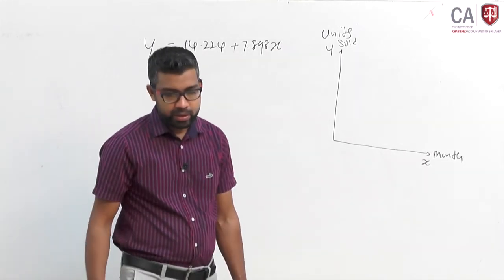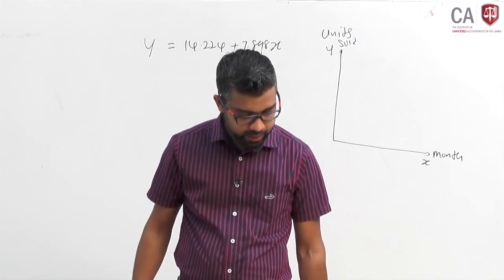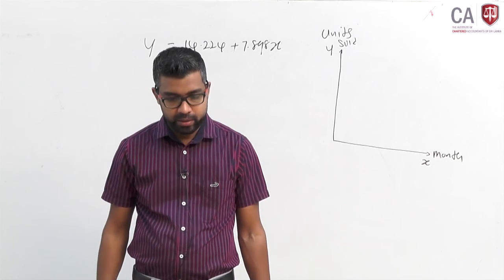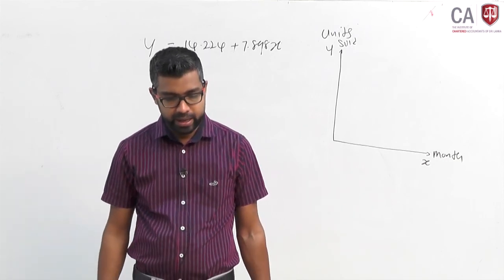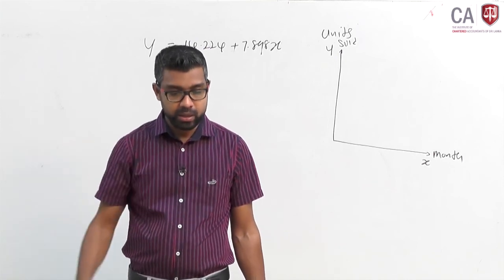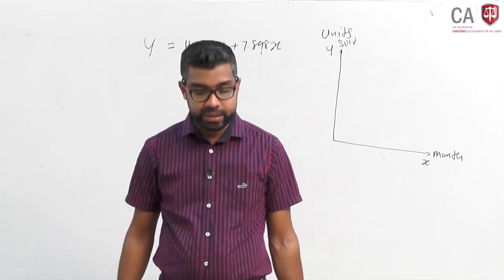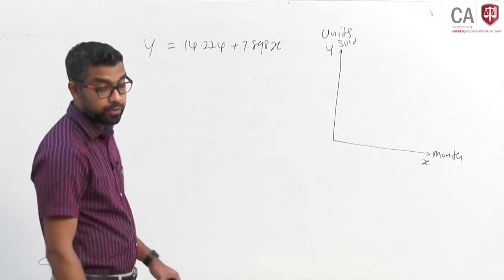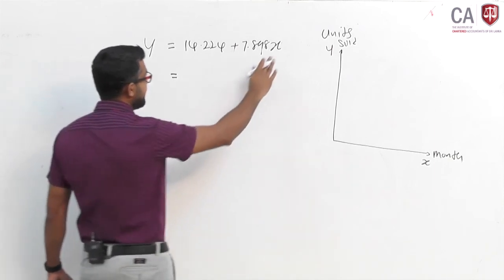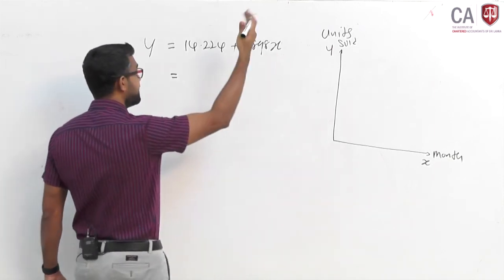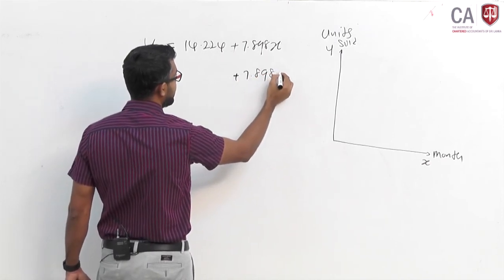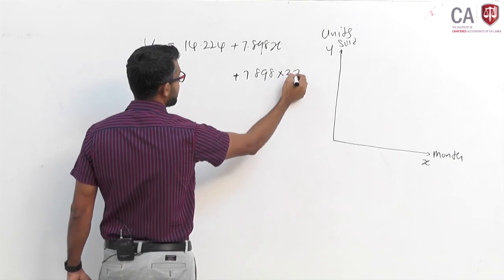Then what do they ask us? All the period of 36 months, sales found to have underlying regression line. Okay, fine. Calculate the forecasted number of items to be sold in 37th month. Month of 37. They are asking for the forecast. X means months. So for the 37th month, 7.898 into 37,